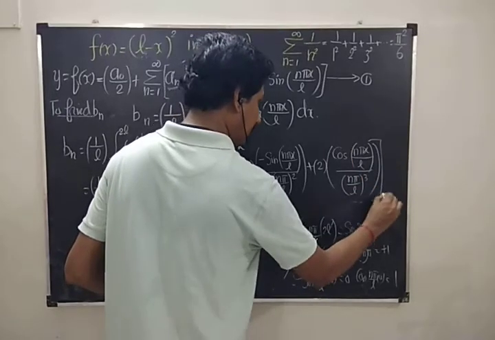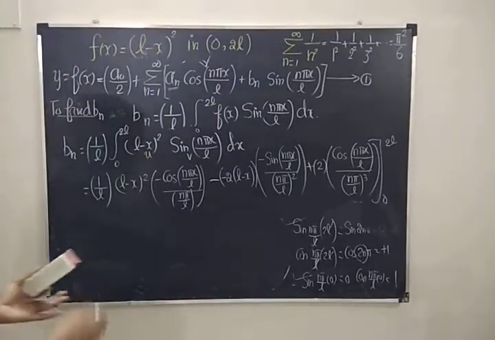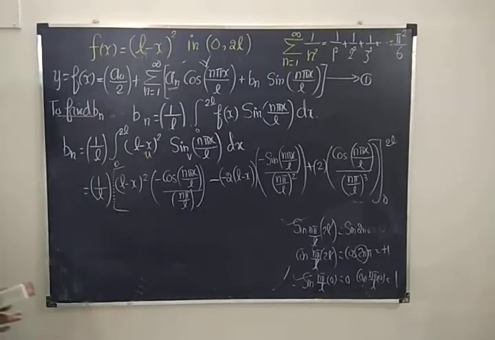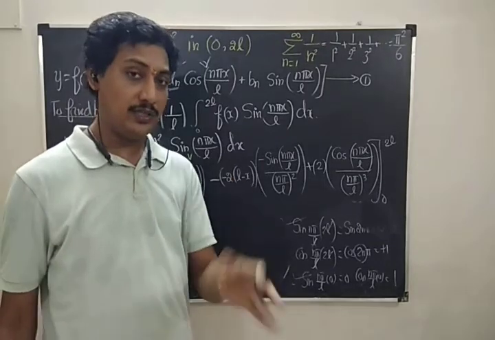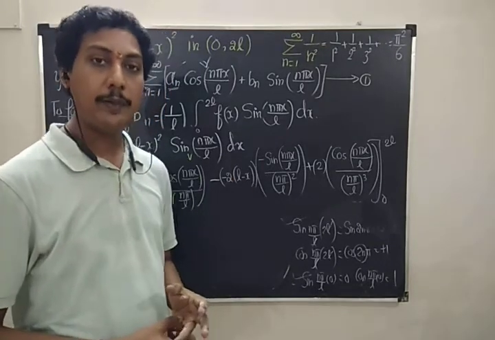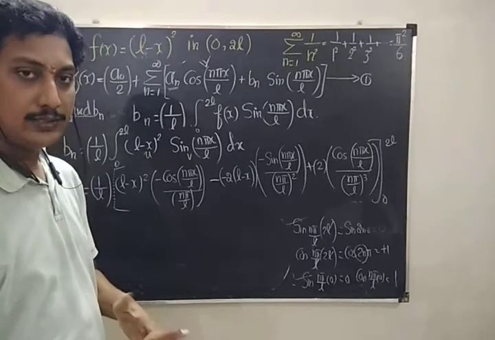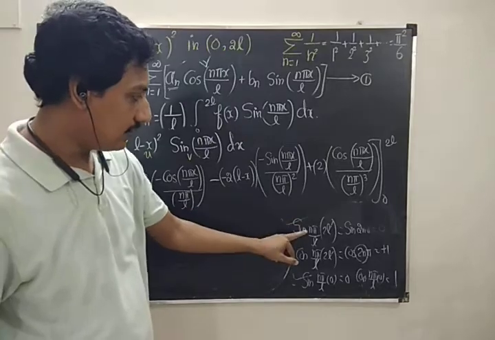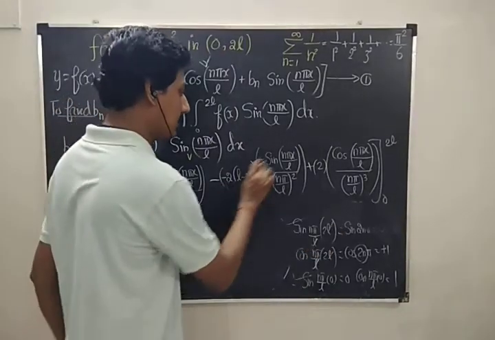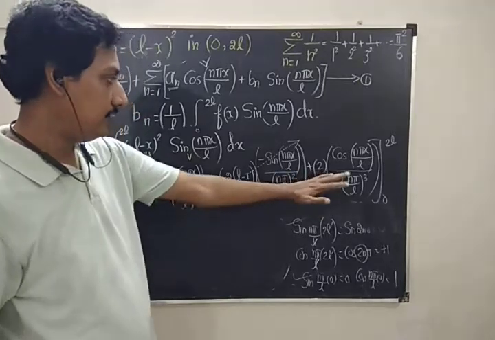So the integration is very lengthy. Once you understand the concept, particularly the application of the Bernoulli formula, you can easily get this. Watching my previous videos, particularly the Bernoulli formula type number 1, problems 1, 2, type number 2, type number 3, 4, you can easily understand the concepts. Now here the sine term was already 0 as we know, so we will just omit this. Cos values may exist, so let us retain these two values.